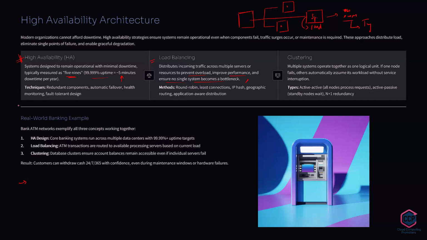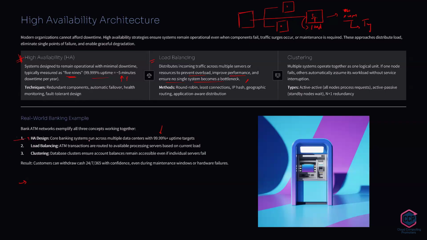A real-time example of high availability design would be a banking system running across multiple data centers, where it would be 99.999% uptime. There is a 1% allowance given to each organization, and the downtime would be approximately 5 minutes. It should not be more than 5 minutes.